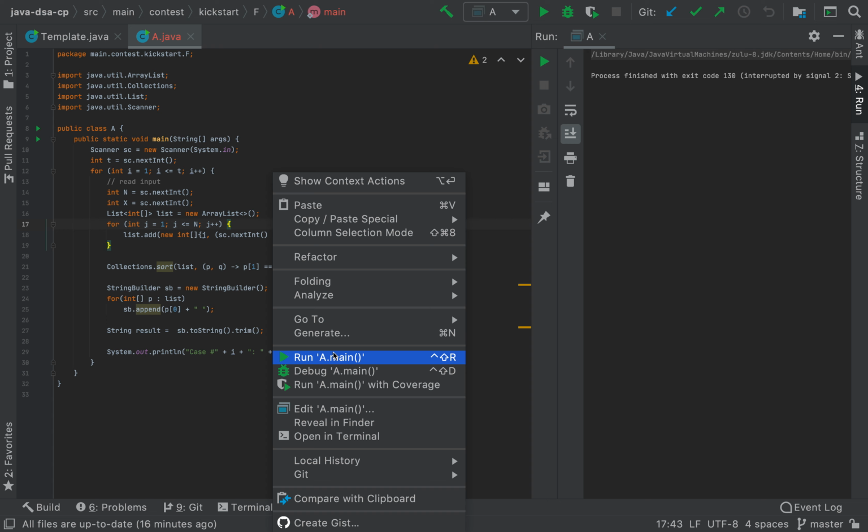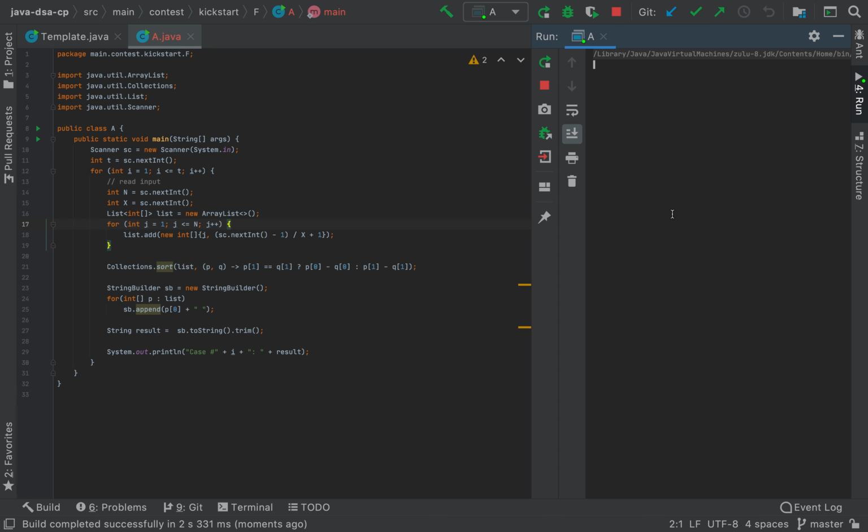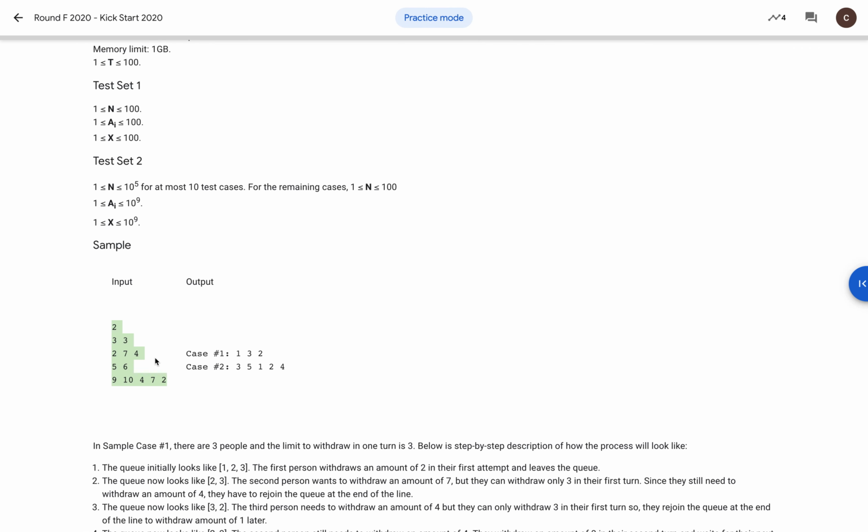So let's compile this code, go to the problem, take this test case and see if it is working. Copy it. So let's see. For the first test case we are getting 1 3 2, 3 5, 1 2 4, which is as expected.